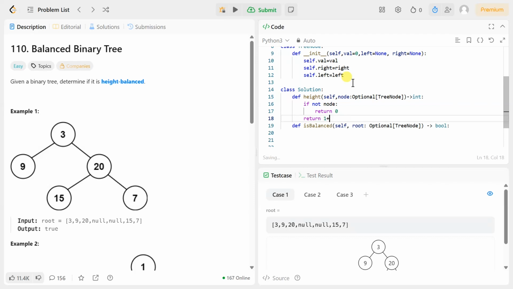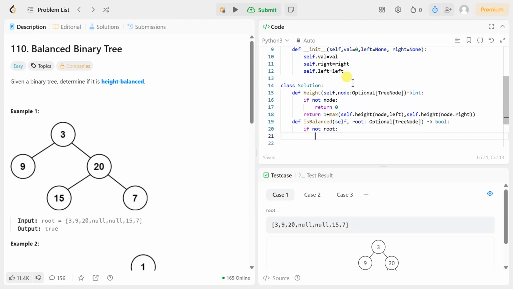Okay, and it will also return 1 plus max of self.height of node.left, comma, self.height of node.right. Okay, now coming to the isBalanced function, we will check if it is not root, then we will return true,